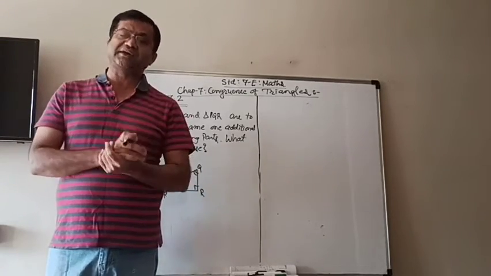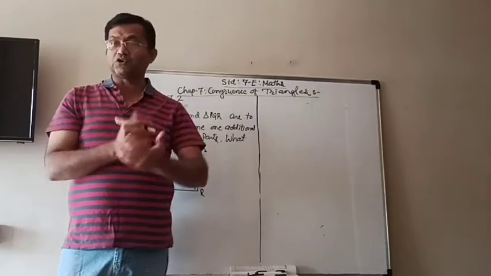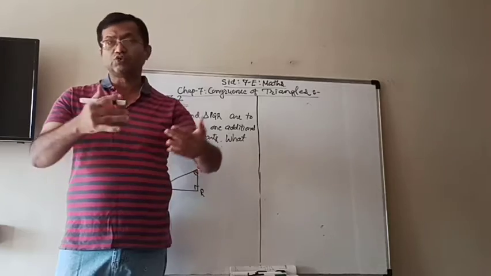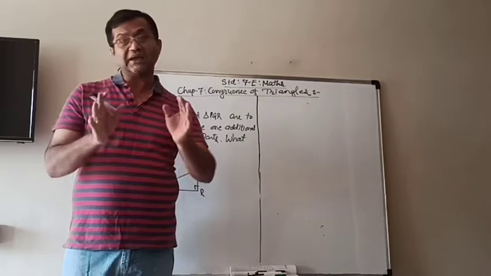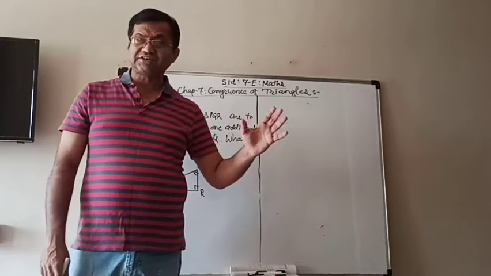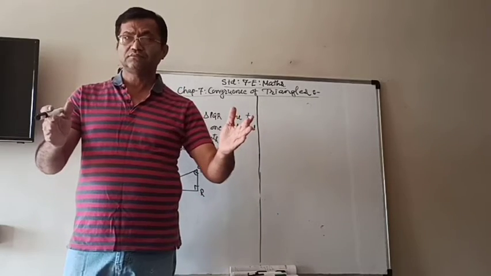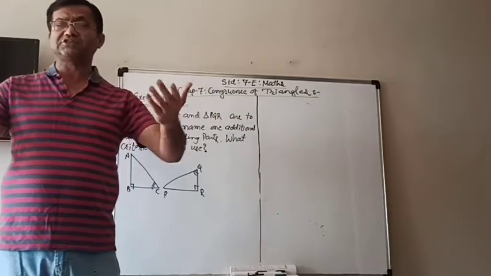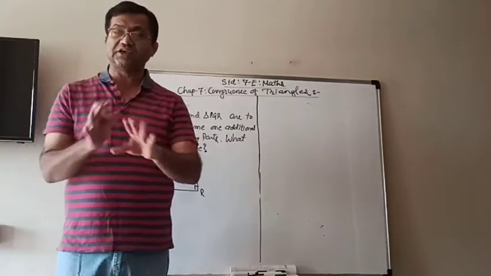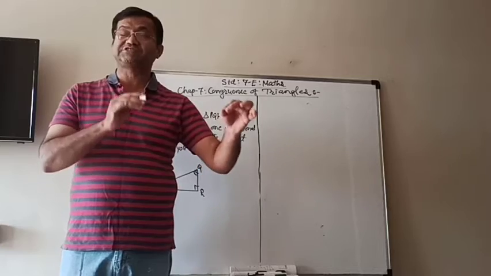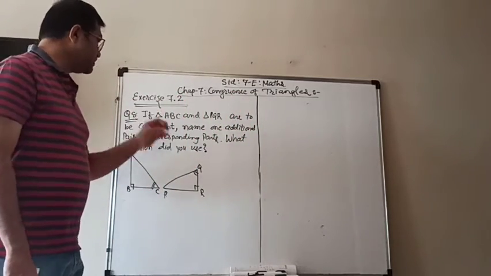It is based on the activity in which we have to draw two triangles which are congruent two ways: if they are congruent but have the same area, not congruent and the same area. So that question we are not doing now. And if the school starts from January, then if possible we will do it, otherwise we don't have to do question number 7. Now question number 8.